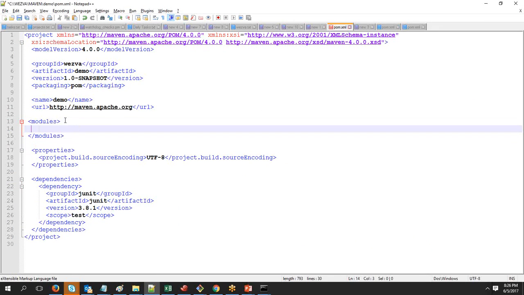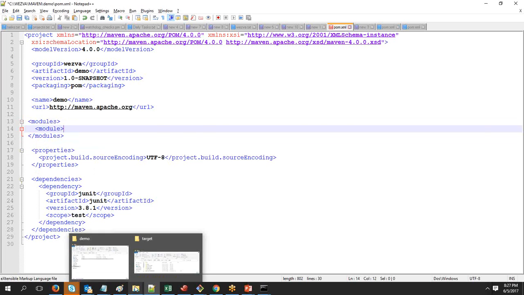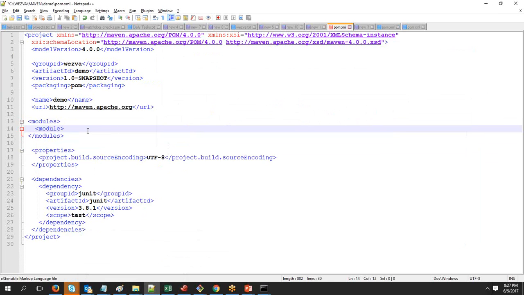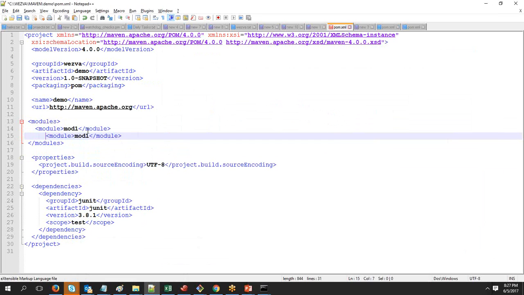So now under this, each module that it is going to be dependent on, we will put it. And now, what is the name of the module that we have to specify? It is this directory name, which is going to act as the module for your parent. So here, I'll say module 1, module 2. So which means now, this is a parent pom whose responsibility is, if you pass any goal name